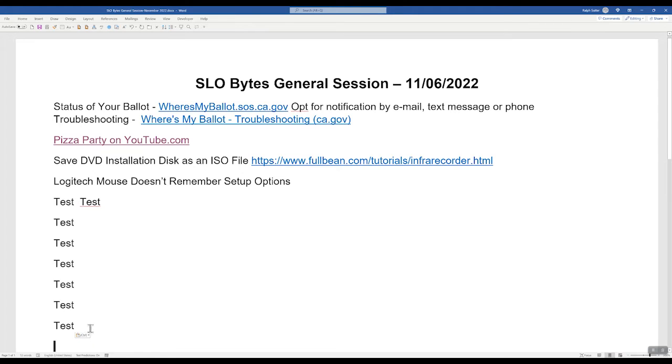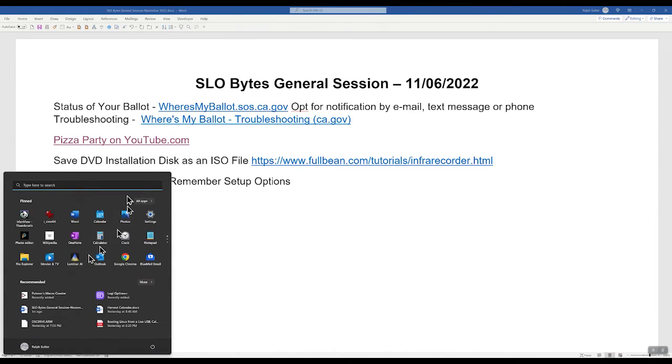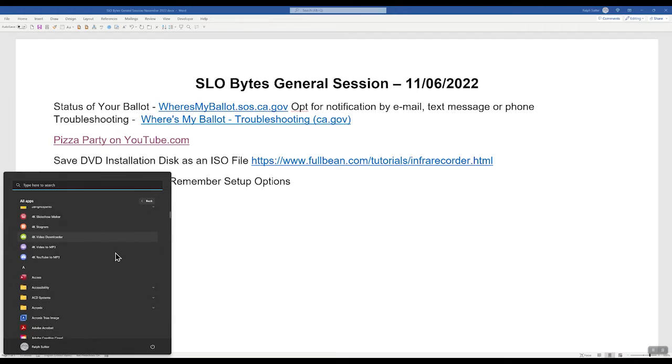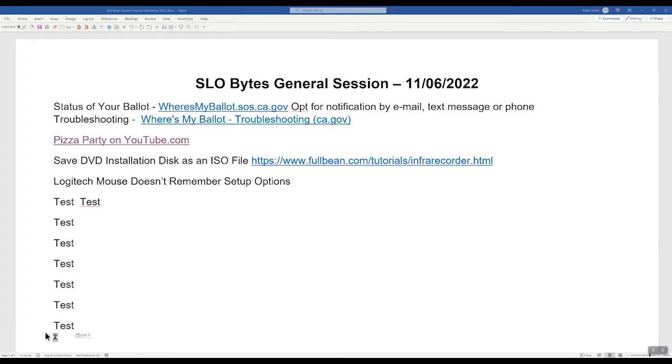However, after a while, Logitech forgets that that's the way I set up my mouse. So here's the setup for that. I go to All Apps, scroll to Logitech, and then choose Mouse and Keyboard Settings. I open that up,